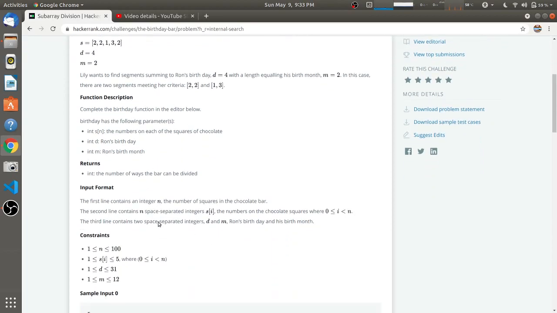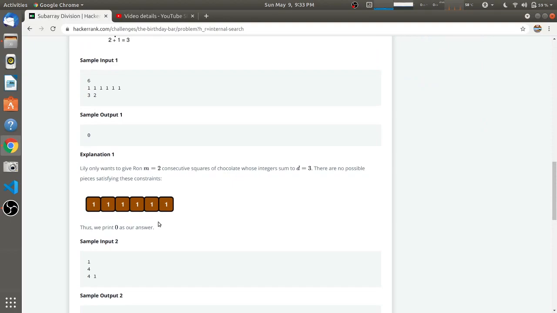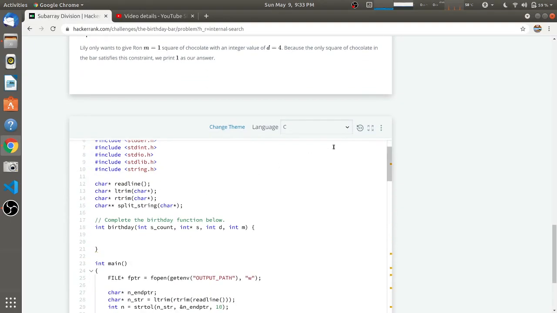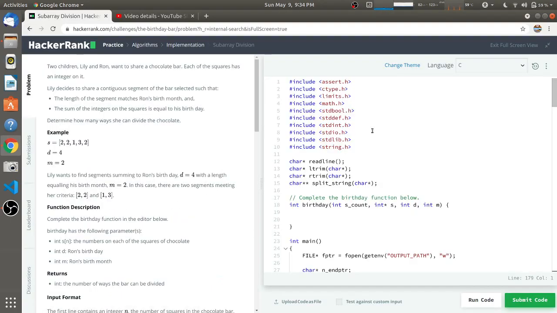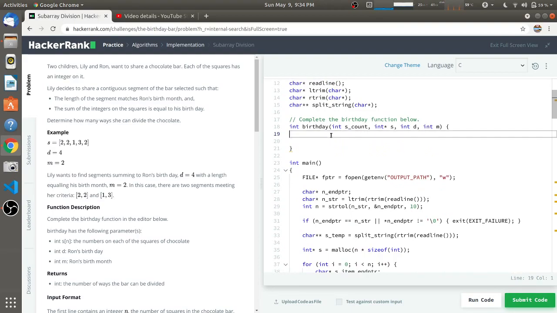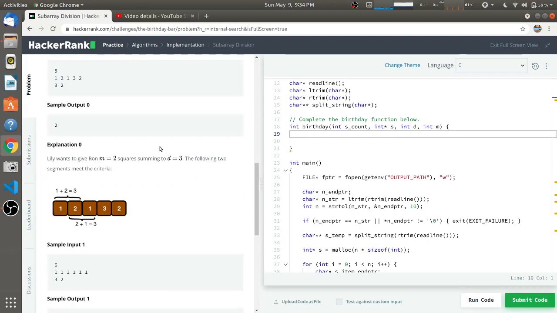So we'll directly go to the problem. We'll complete this code. So here s count is the number of squares in this chocolate bar.